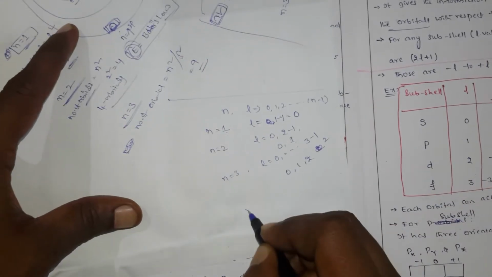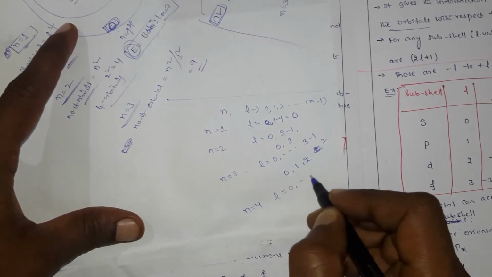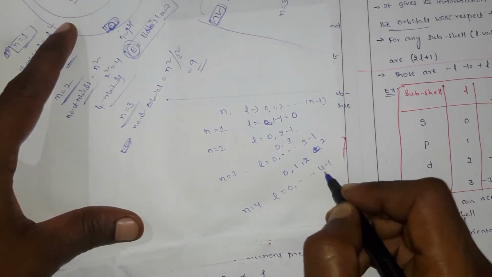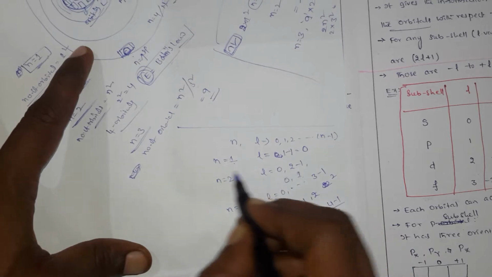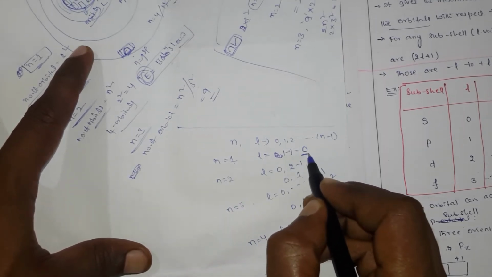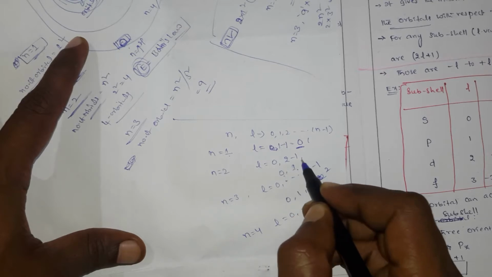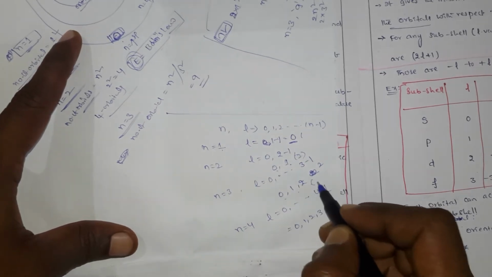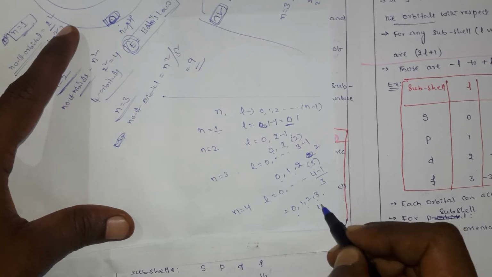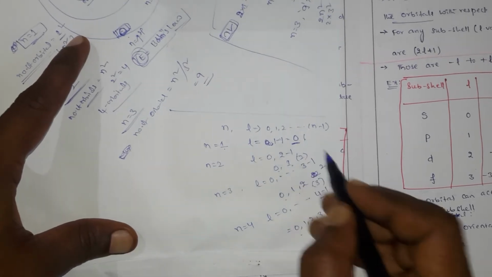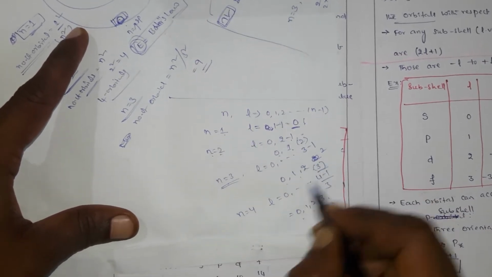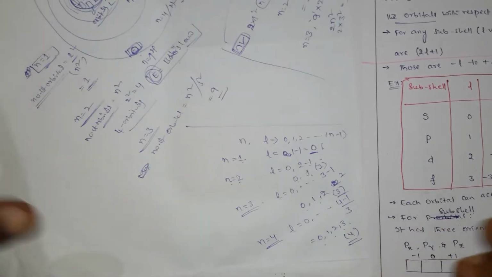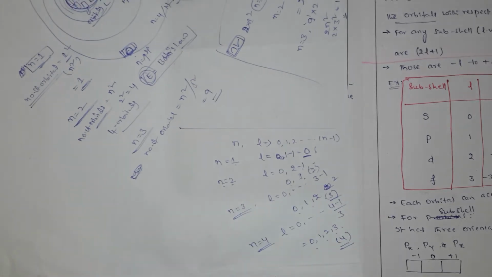For n is equal to 4, the L values are 0 up to n minus 1, that means 4 minus 1, that is 3. So you write 0, 1, 2, 3. Look here: there is a 0, only 1; here 0, 1, so it is 2; here 0, 1, 2, so total it is 3; here 0, 1, 2, 3, a total of 4. So this value is always numerically equal to the n value, but not exactly equal.